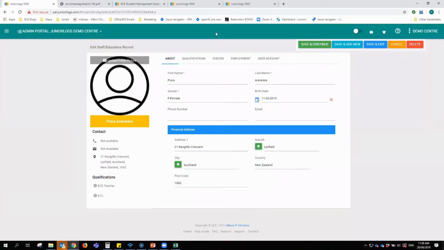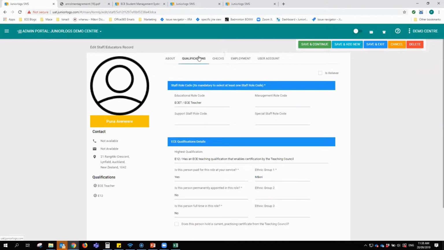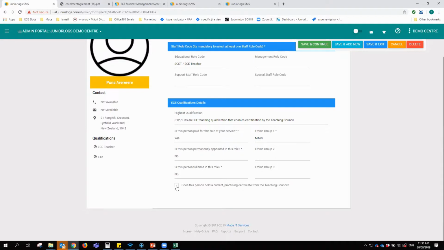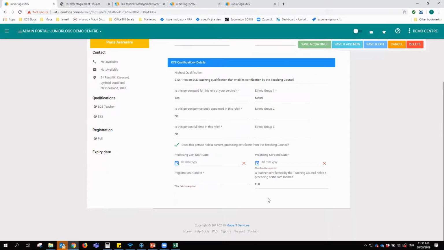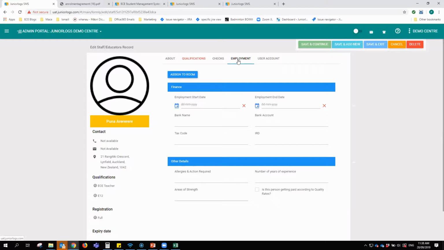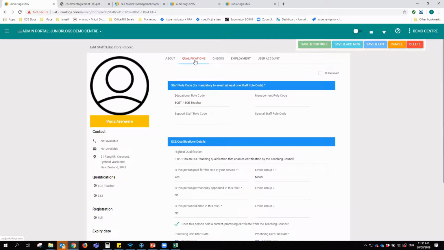tab, followed by their qualification details that we will save for them, including their registration details and so on. And then the checks, if we want to add that into the system, and the employment details. So a lot of the information here will be optional and completely up to the admin to enter into the system. But the ones that are mandatory, when you are doing your ECE return, all that information for, let's